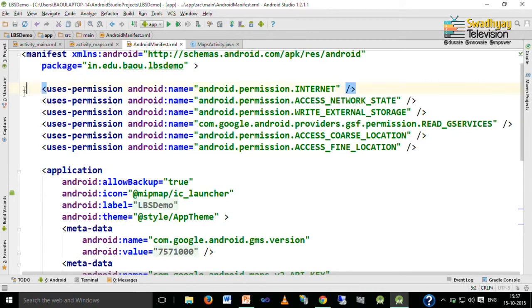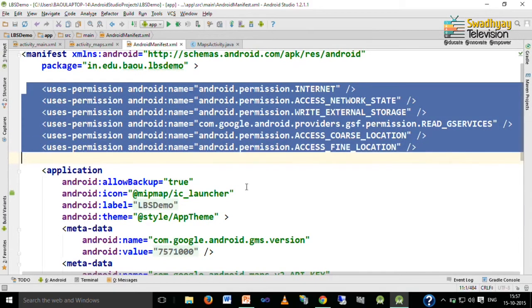Here are the different types of permission that are required in order to run this program. First is internet, another is access network state, then write to external storage, then read GSF services, and access coarse location and find location using GPS. So, these are the permissions required for running this application.